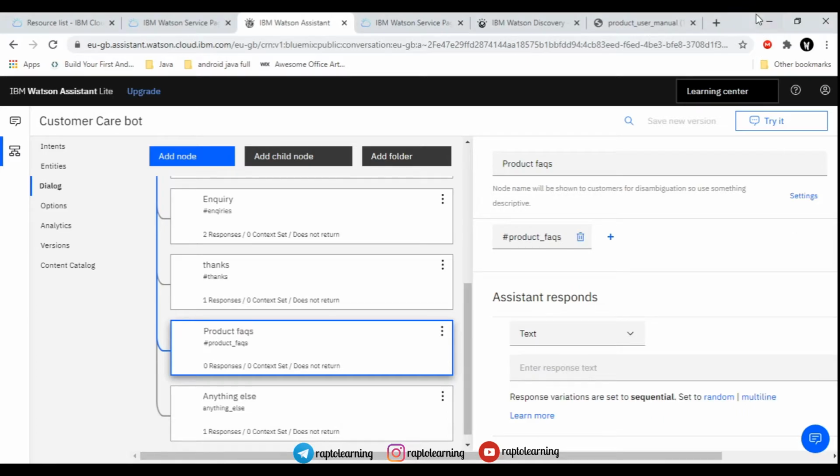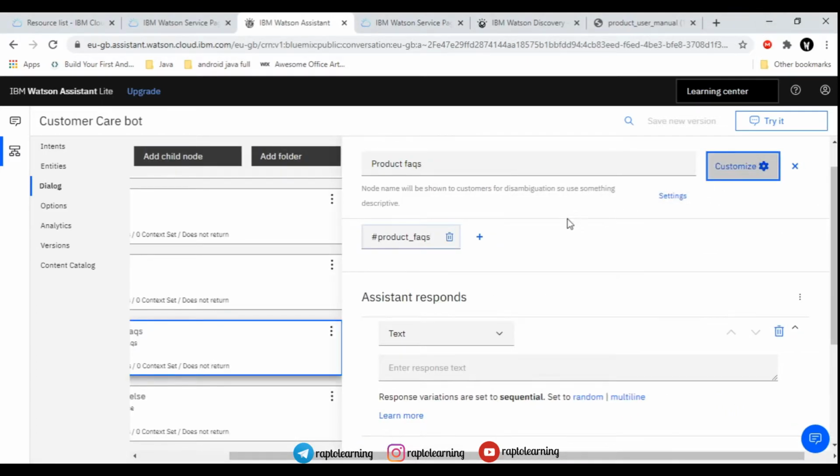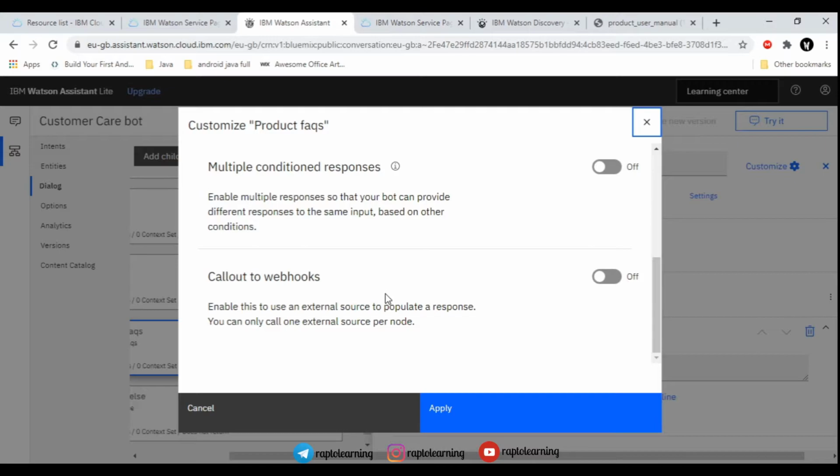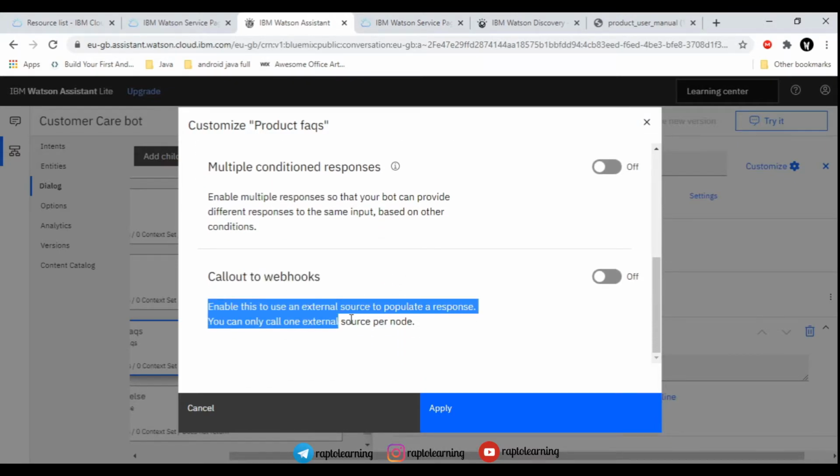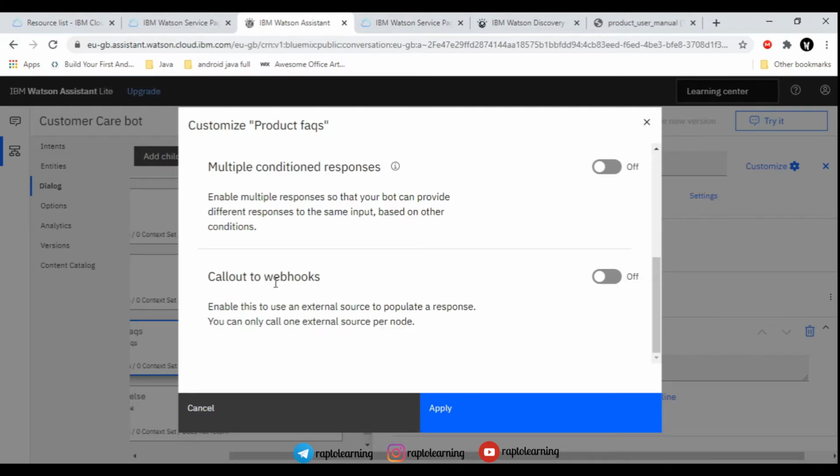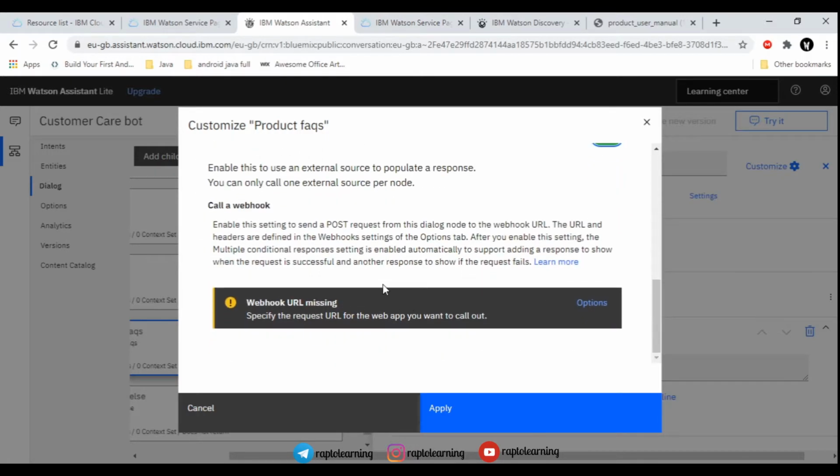We are going to add some interesting features that we will love in this video. So we will customize for accessing our PDF documents in Discovery. We have to turn this webhooks on, right? So just turn it on and apply it to the bot.